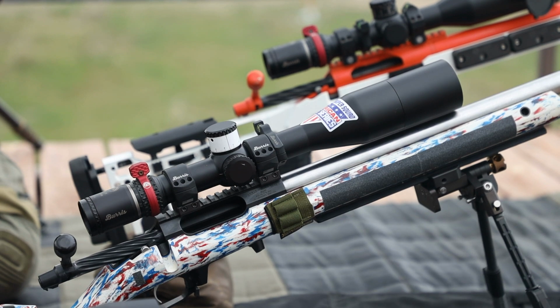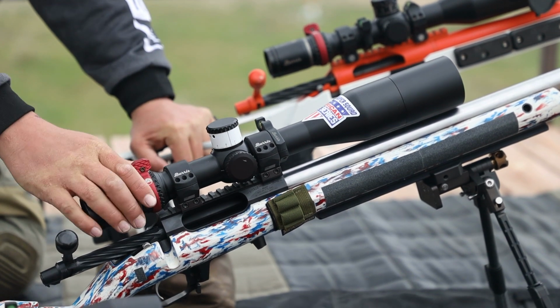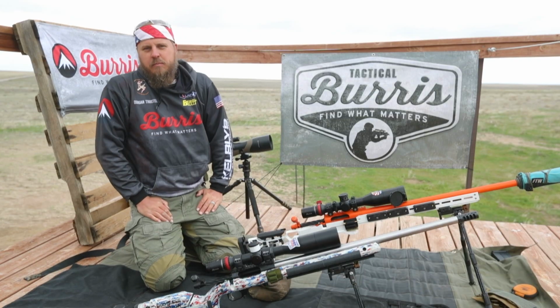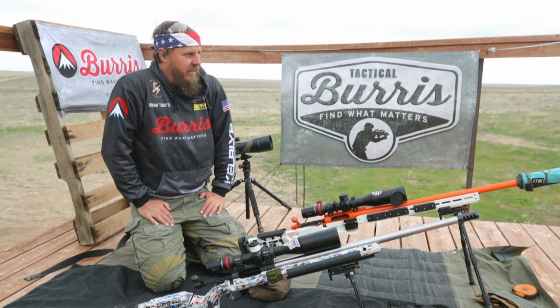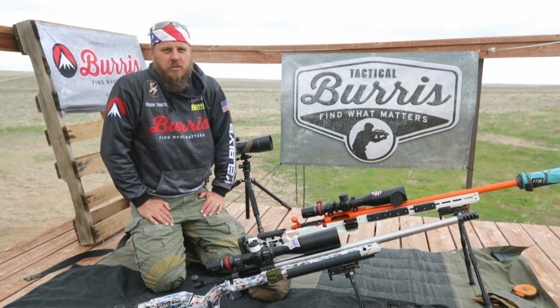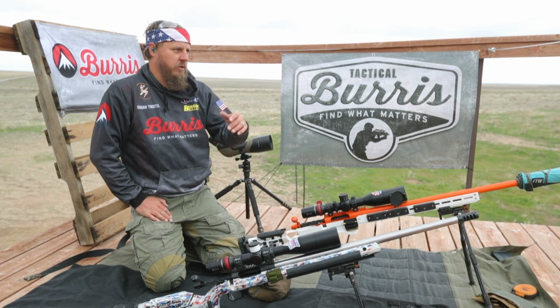And if we have to get to the number one feature that this Burris scope offers, especially over the old XTR II, it's improved glass quality. Chromatic aberration is almost gone or minimal. You've got very good resolution and distortion, especially on the edges, the whole field of view. So when you're looking for targets,